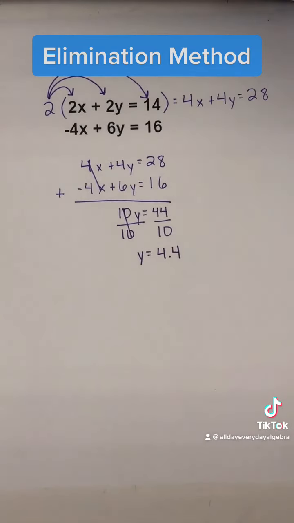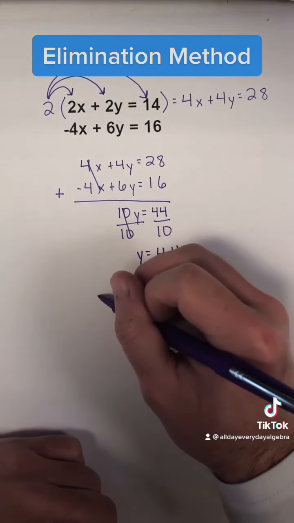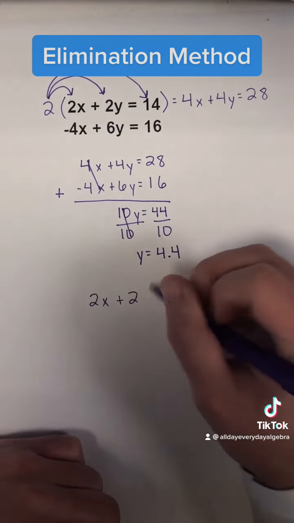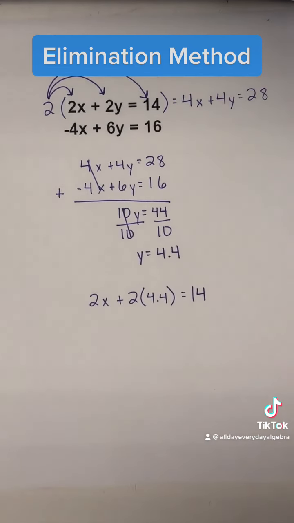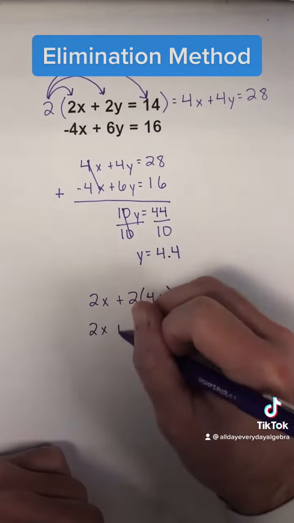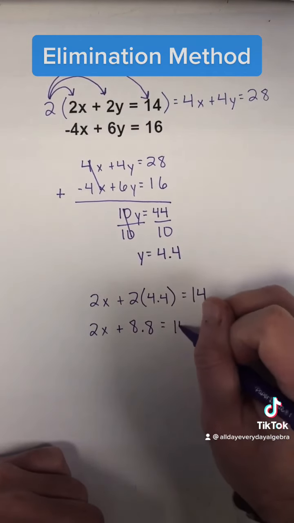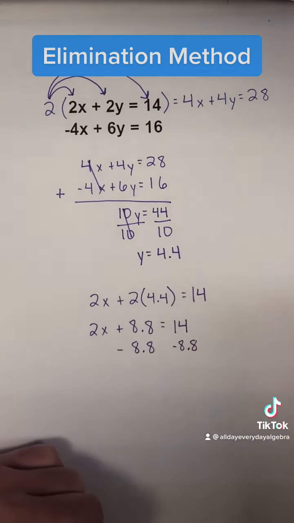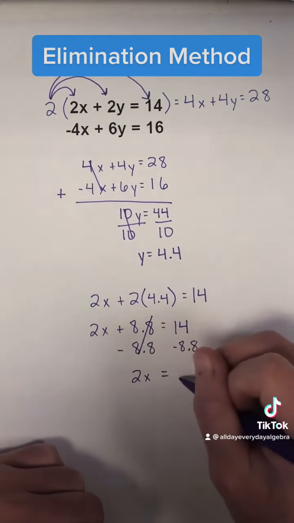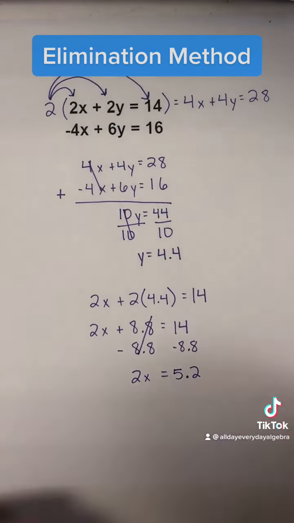In order to solve for the x variable, we have to plug 4.4 back into one of our equations. I'm going to use the original equation, so we have 2x plus 2 times 4.4 equals 14. 2 times 4.4 simplifies to 8.8. We subtract 8.8 from both sides to get 2x equals 5.2, and then we divide both sides by 2 to